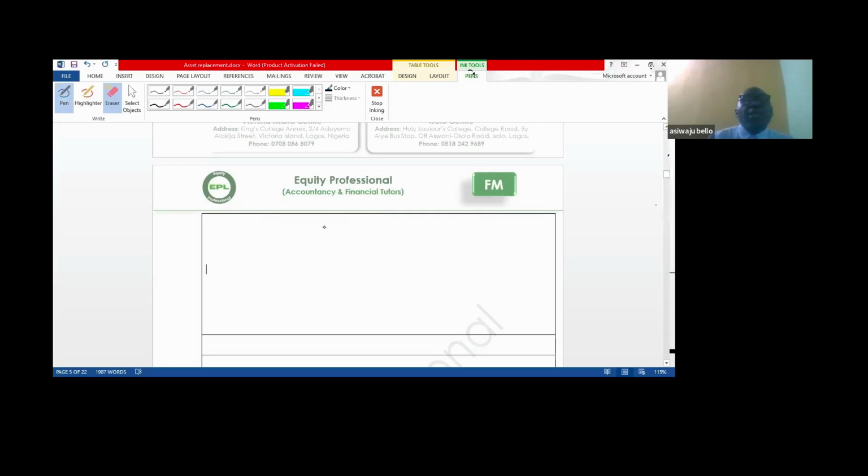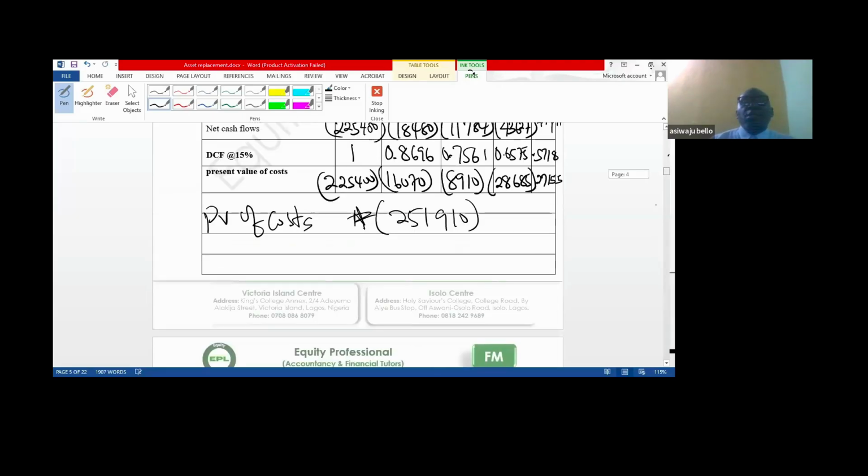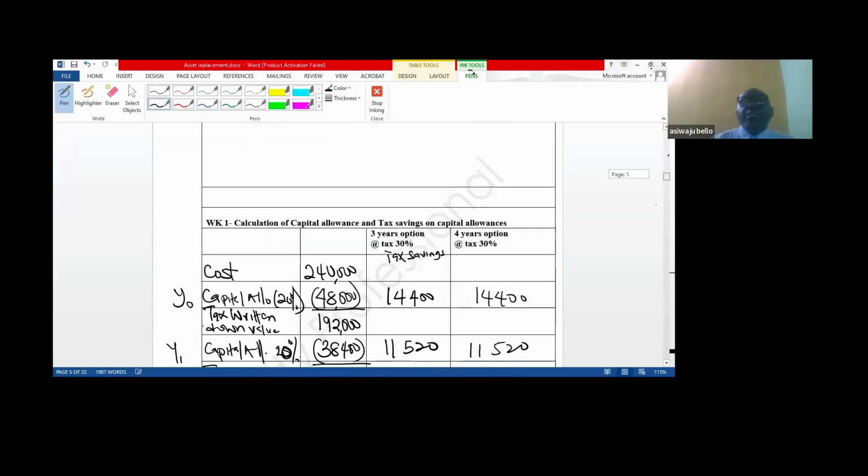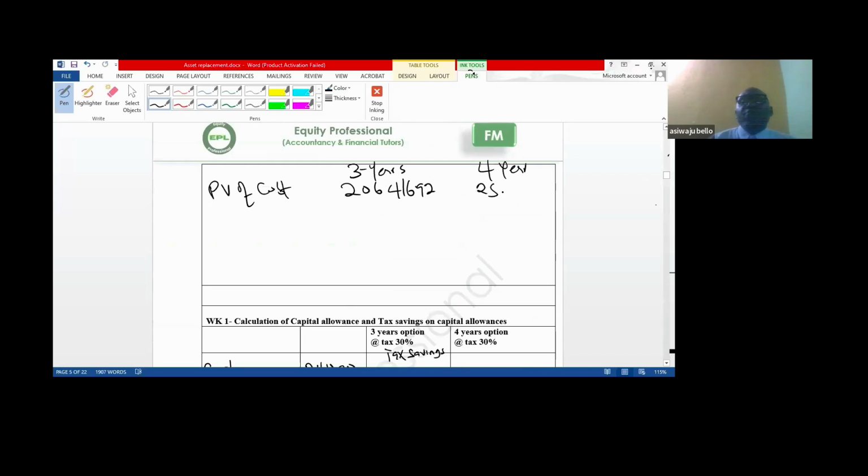Let me pick this. Present value of cost now. I have 3 years or 4 years. The present value here of cost is 206,416.92. For the second option, 251,910. Introduce the annuity factor